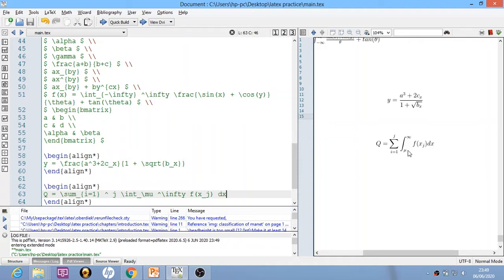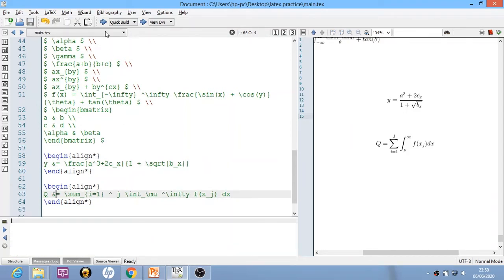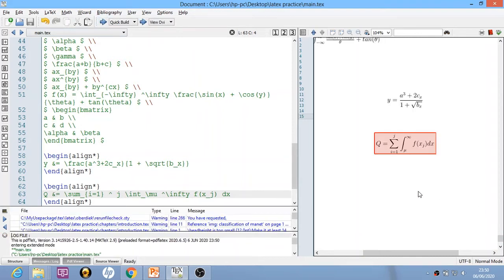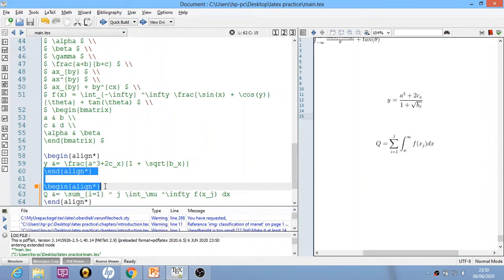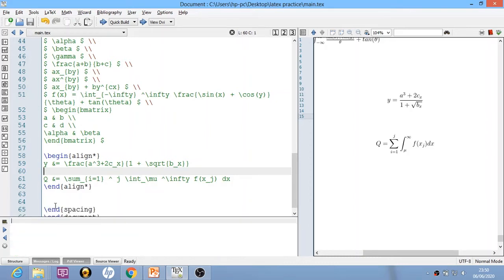Now suppose you want to align these two equations with the equals to sign. To do so, you simply add an ampersand in front of equals to in both equations, and then you compile this. Okay, it is not working. Sorry, I have to remove this end align and begin align from this part.